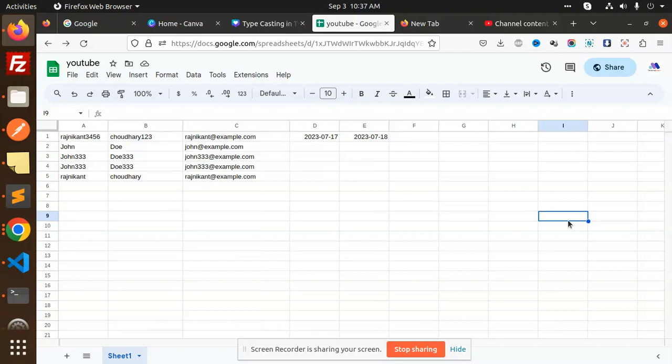So today we are going to learn how to update the values in the Google Sheet with the help of